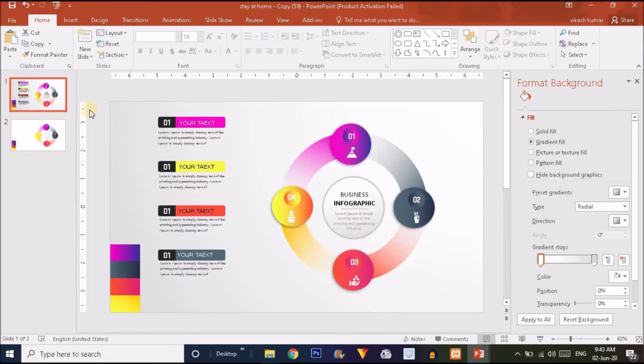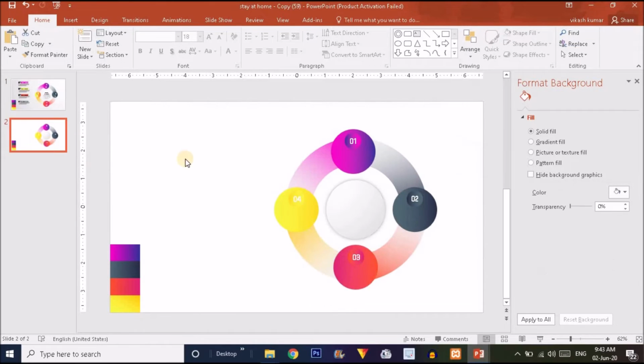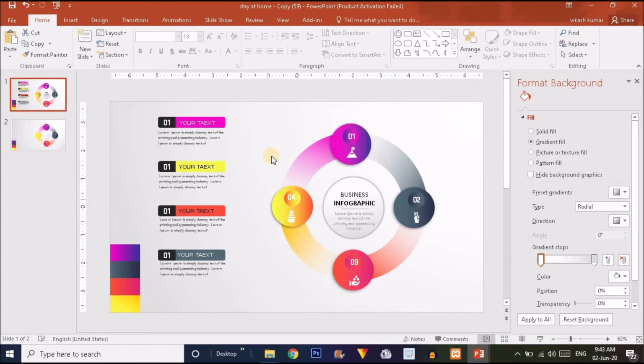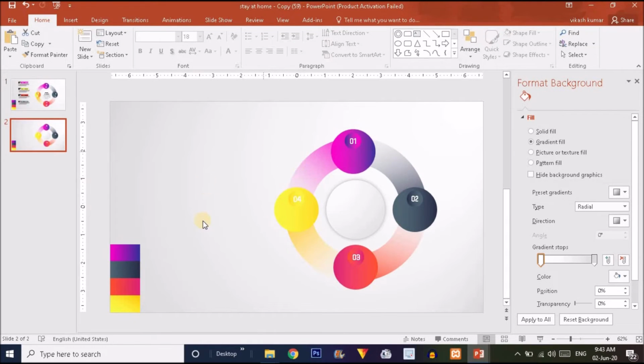So I'm just going to change the gradient fill option. Right click over here and choose the format background option. Just click on the gradient fill option, and here you will see that I have already used this gradient on this slide, so it will automatically fetch these two colors, gray and white, on this particular slide.